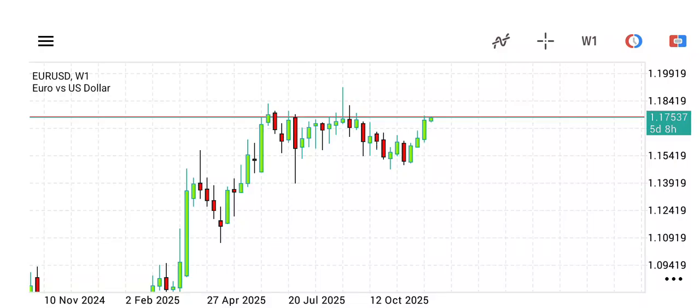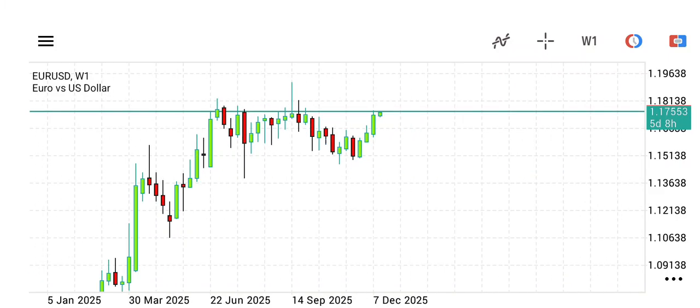So as you saw last week Friday, we were analyzing Euro Dollar. So today we will be breaking down the charts again. Today it's Monday, so it's a new week. By looking at the Euro USD weekly chart, we can see that